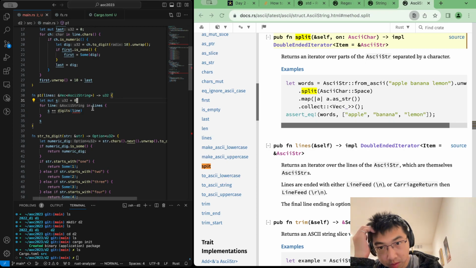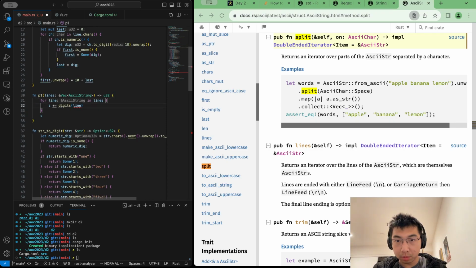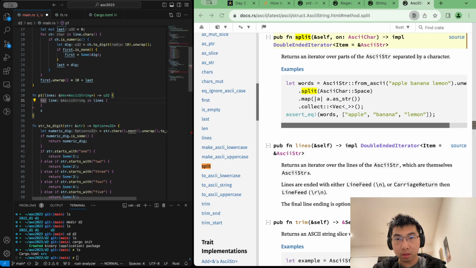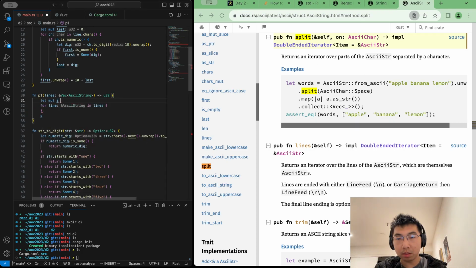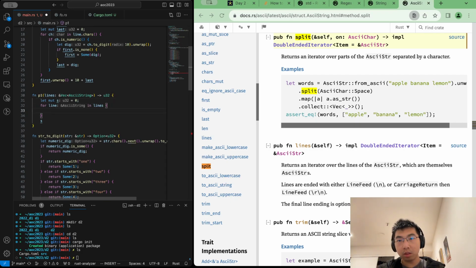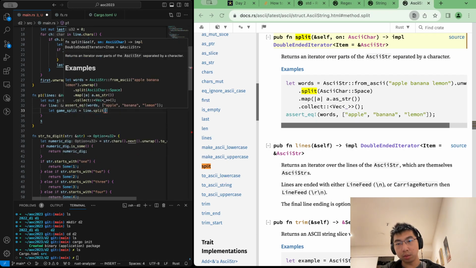All right, so let's do this. So we don't need this s plus. Wait, actually we do need something to count a sum, I mean. So for line, ASCII string in lines, we could probably break this down into smaller functions. I'm not going to do that because I'm lazy right now. Game split, yeah, let's call it game split equals line dot split